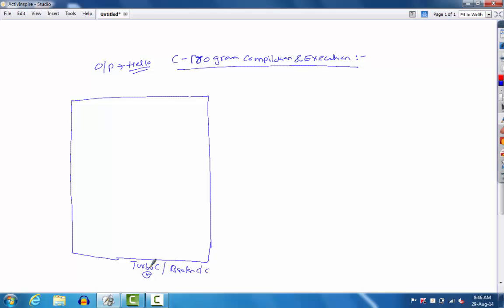Now after installation of the Turbo C environment, you should start typing your C language code, which looks approximately something like this. #include stdio.h, #include conio.h, and usually we will be writing void main, and then you will be writing printf hello, and if you want you can write a scanf statement also,